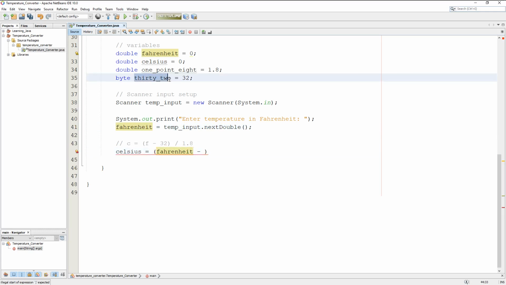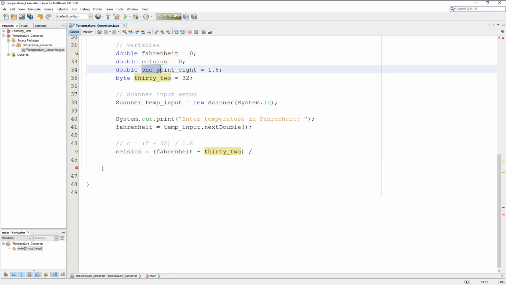And we'll take our value 32. And then we have to divide it by 1.8. It's our 1.8. And that'd be fine. Now we're going to be actually converting our Fahrenheit directly into Celsius. That was our formula right there. So now we can actually go and